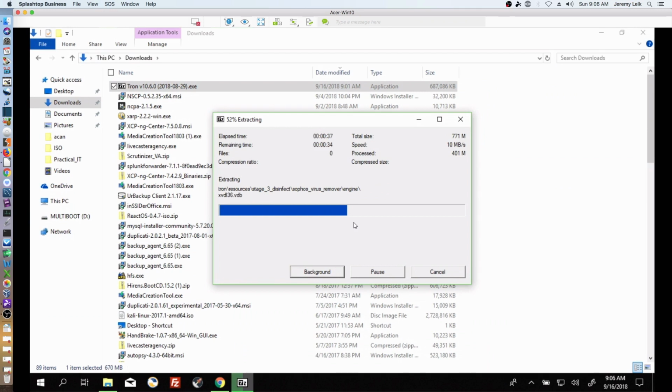It's worth noting that this script is updated on a regular basis. The last update came on August 31st of 2018. Today is the 16th of September 2018 as I'm recording this. So if you are going to run this, make sure you're always using the most current version so that it can take care of any new emerging threats that might be